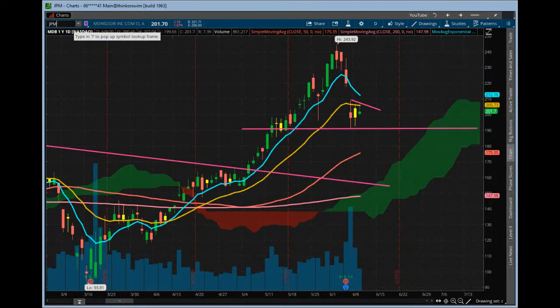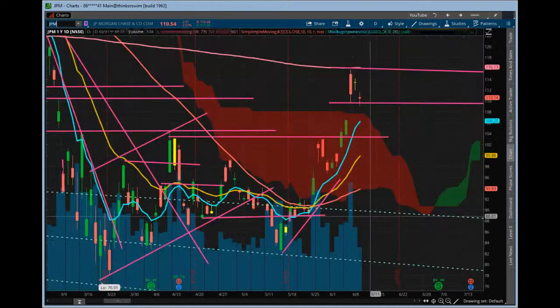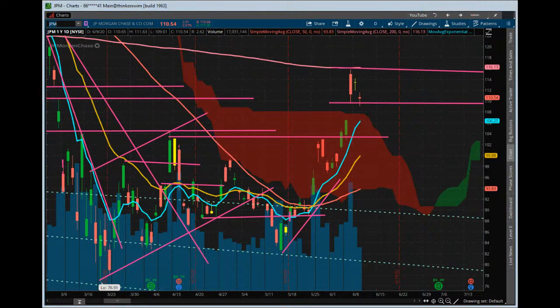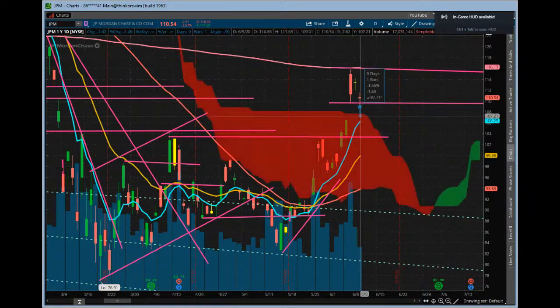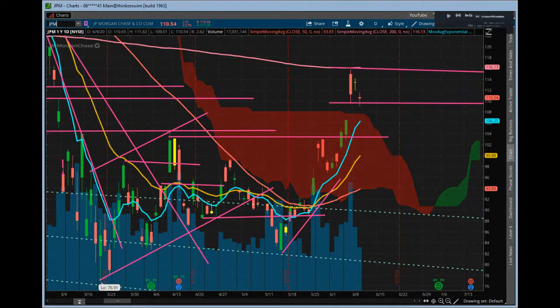JP Morgan. Yeah, so this is kind of like the weak parts of the S&P right here. Kind of interesting move right there. I thought we had it on the game plan yesterday on the short. No. But inside day yesterday, it kind of worked its way down here today. It's still holding this gap. It defended this gap right here, but a breakdown below today's lows could bring it back down to the cloud, and then you've got a rising 80 MA right there, so it might come back and test that too. So kind of keep an eye on that going forward.